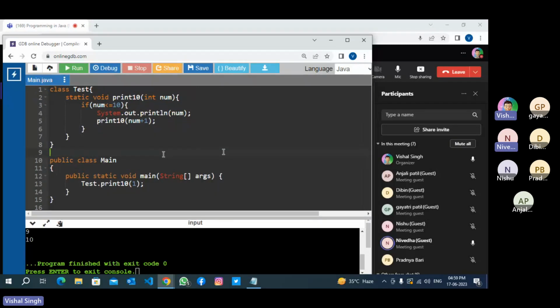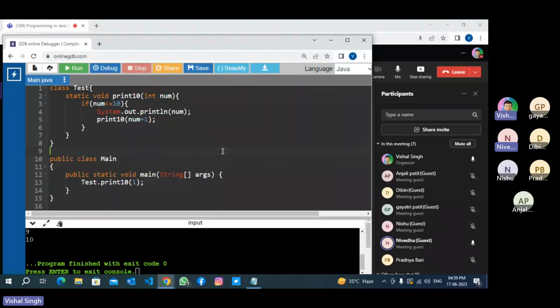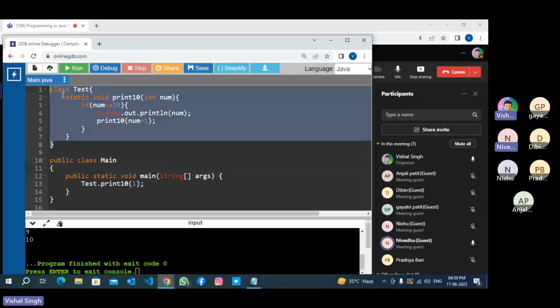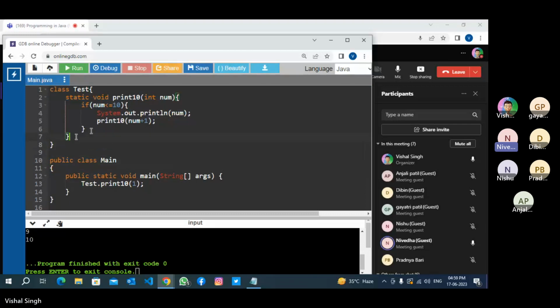Vishal, this is the same as a loop functionality, right? Like a for loop, or any other loop. Is there any use case where we use only recursion where a loop can't be used? Yes, see, when we work with data structures,